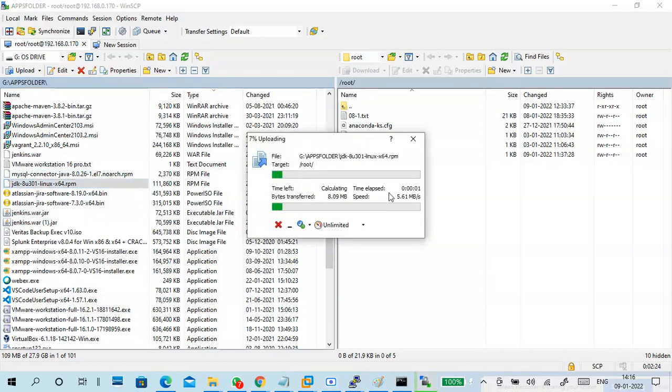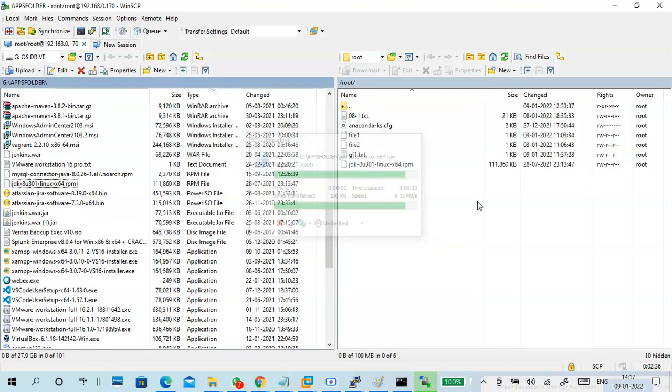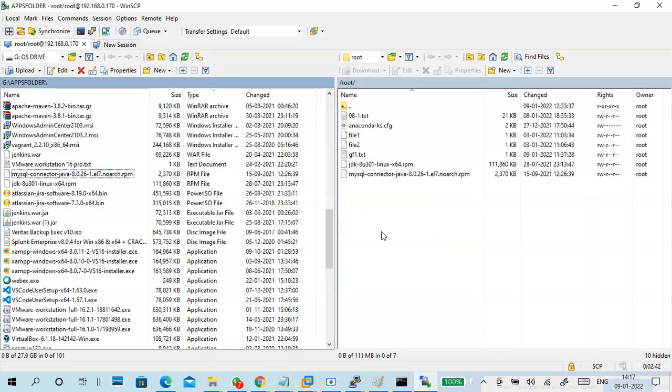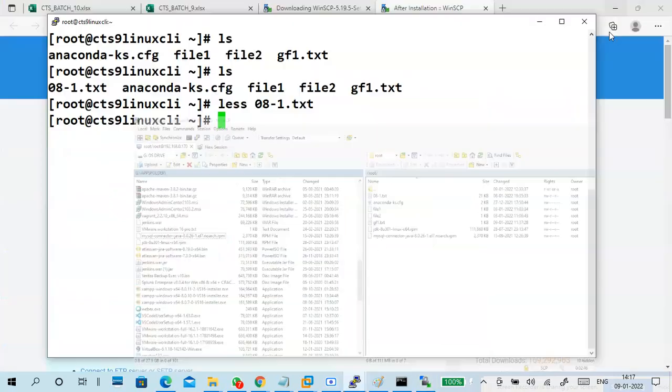So I'm copying this JDK8 from Windows to Linux. This is also a MySQL connector. I'm copying it. Upload and download is very easy with WinSCP.